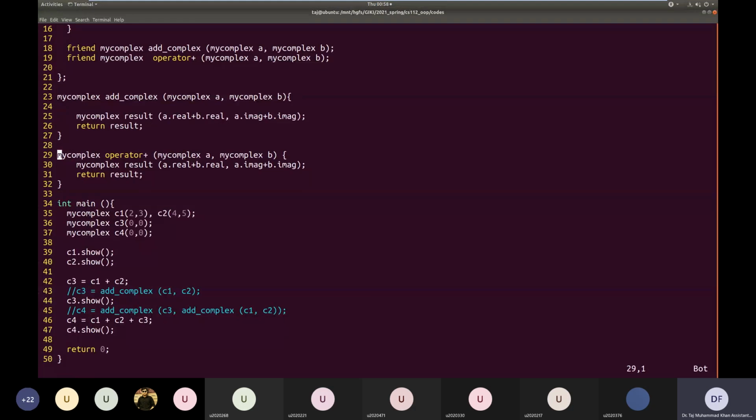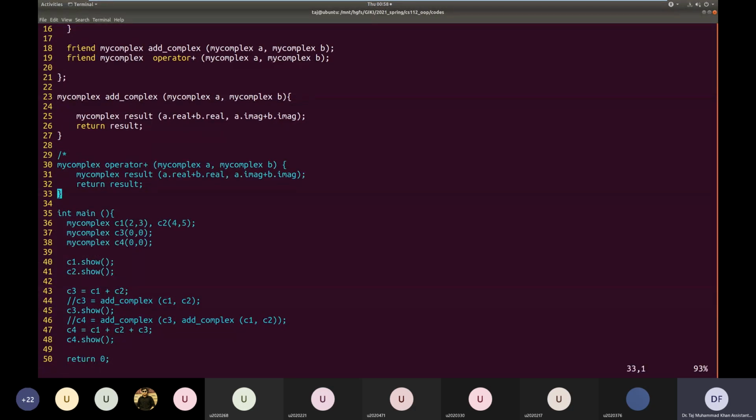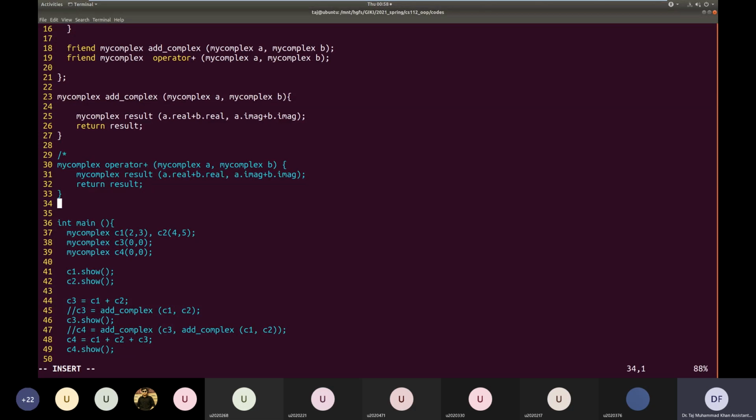In this functionality here, I hope you see that at line number 29, operator plus is not a member function of class MyComplex. It's an external function to class MyComplex. Okay? So usually this kind of functionality is implemented as a member function. Right now we implemented it as a non-member function, but it is usually implemented as a member function, because the argument is that this functionality is very closely associated with the new type or new class that we have defined.